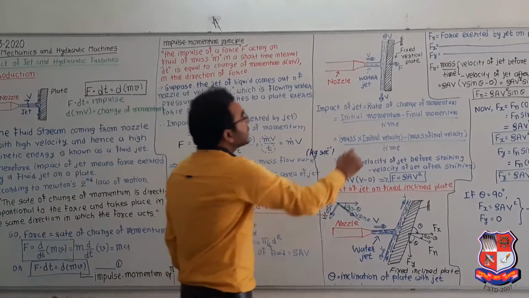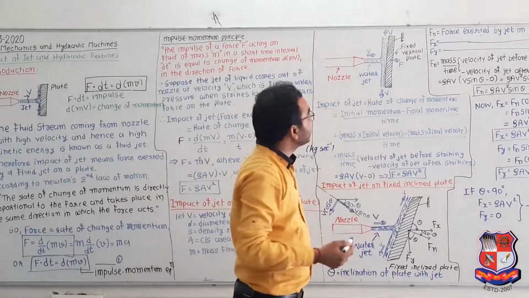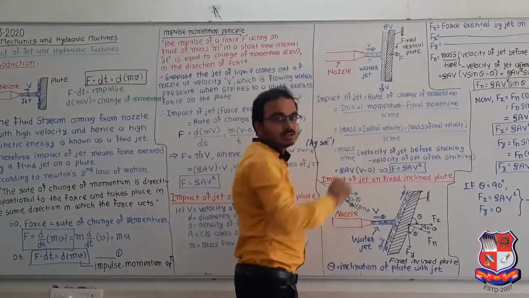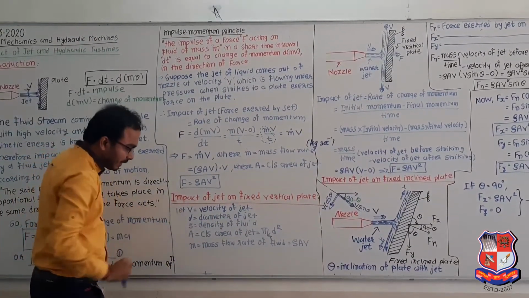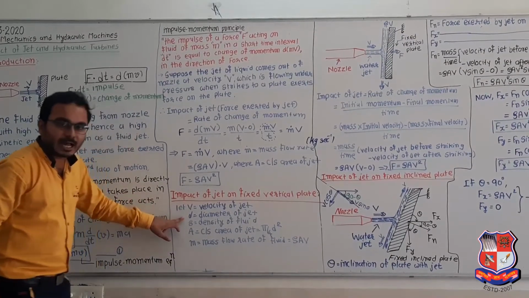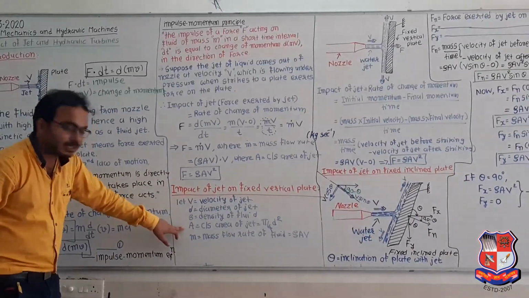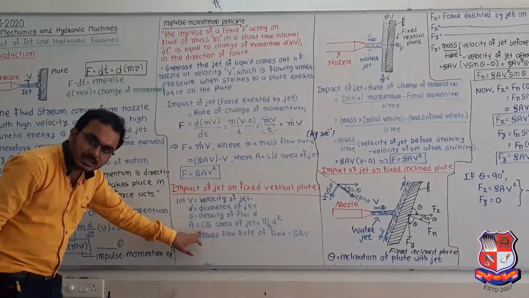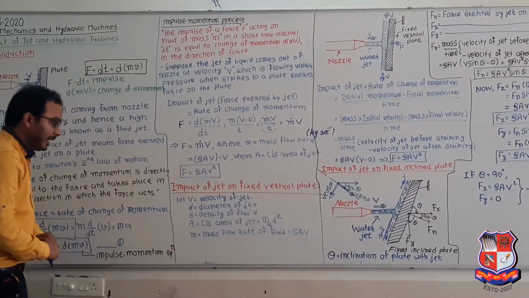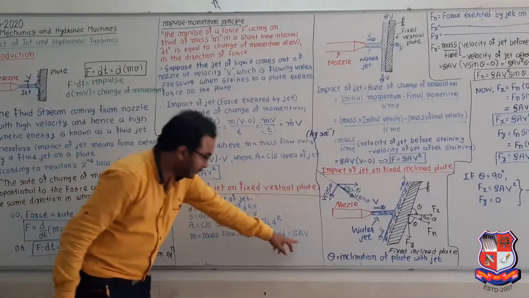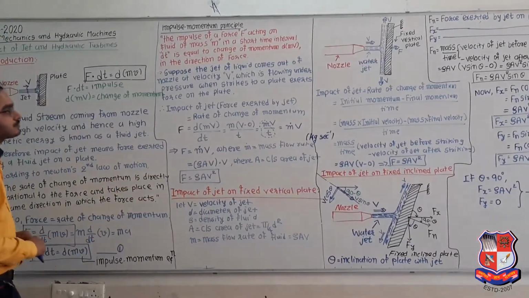Now if you see, initial velocity was V. This is the force F exerted by the jet on the plate, and V is the velocity with which the jet is exiting the plate. Now few part of nomenclature. Capital V will be denoted by velocity of jet, d is the diameter of jet, rho is the density of fluid, a is the cross sectional area of jet. Let me tell you, when I write down C/S, it means cross sectional area, which is pi by 4 d square, and small m is mass flow rate rho a v, which is already shown over here. That m dot is replaced by rho a v.